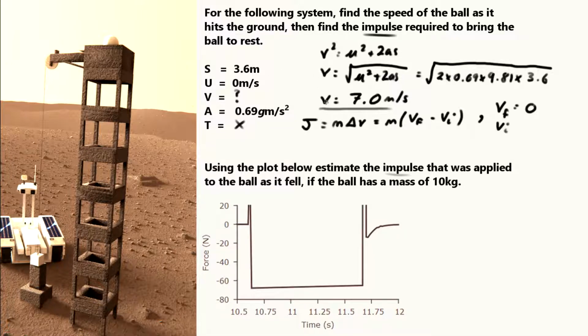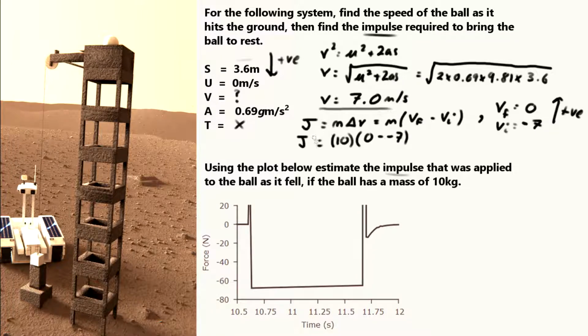In this SUVAT equation, we defined the downwards direction to be positive. As you can see, our 3.6 meters from the top to the bottom of the apparatus is a positive value, even when acting downwards. We're going to define this as downwards, minus 7. And this does make sense, because we've now defined the upwards direction to be positive. This means that we can now sub our values in to get our impulse, which is going to be m, which is the mass, which is 10, multiplied by the final speed, which is 0, minus 7,